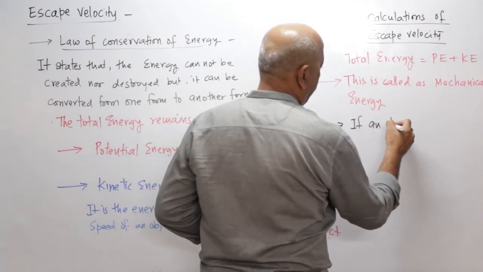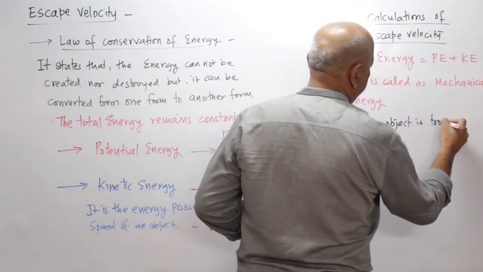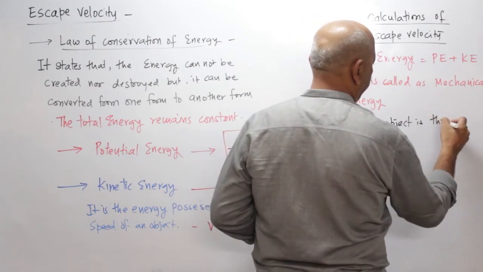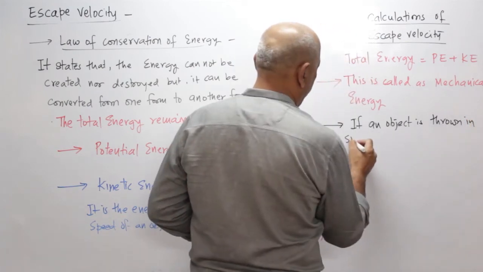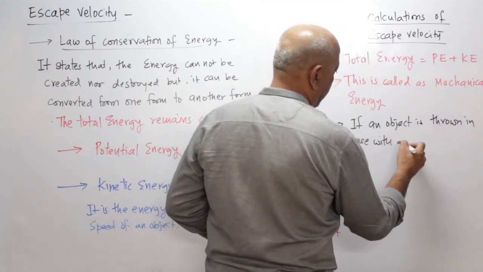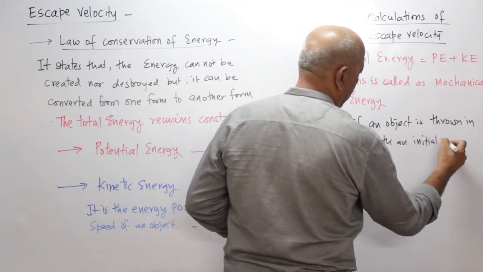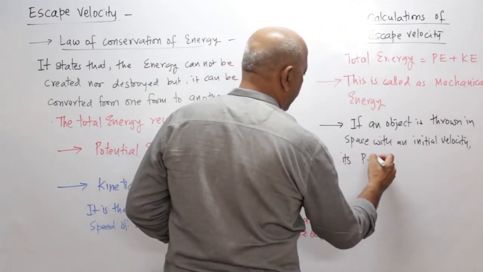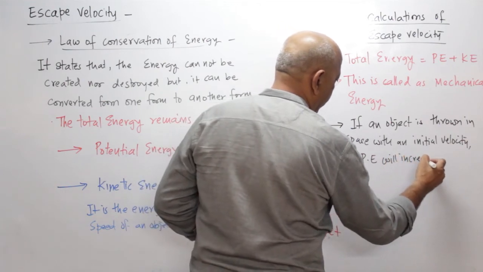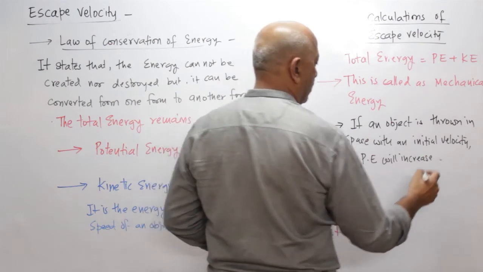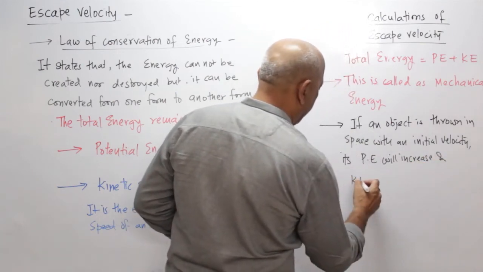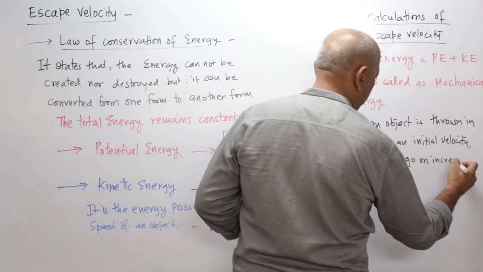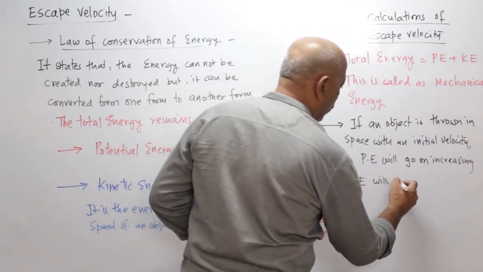if an object is thrown in space with an initial velocity, its PE will go on increasing, and KE will